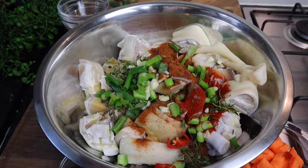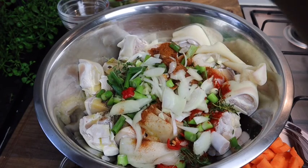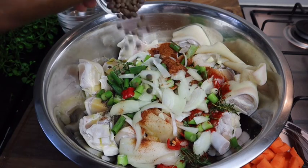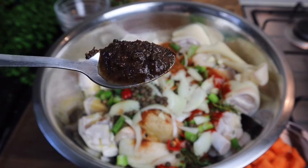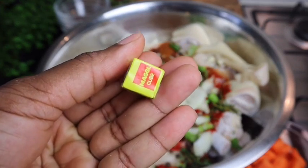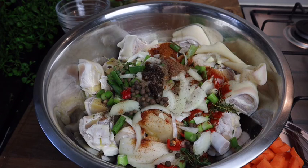Scotch bonnet pepper, just a small amount. It all depends how spicy you want it to be. You don't want it to be too spicy though. You just need to add a small amount, okay? Pimento seed. And guys, I'm also gonna add 1 teaspoon of my jerk marinade from the bottle and Maggi stock cube. I'm gonna crush it just like so,